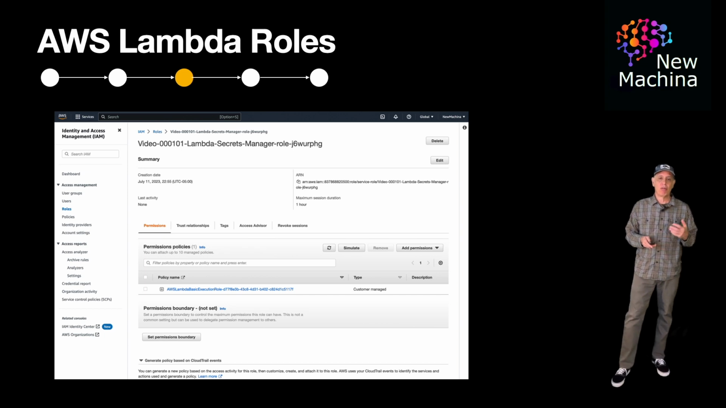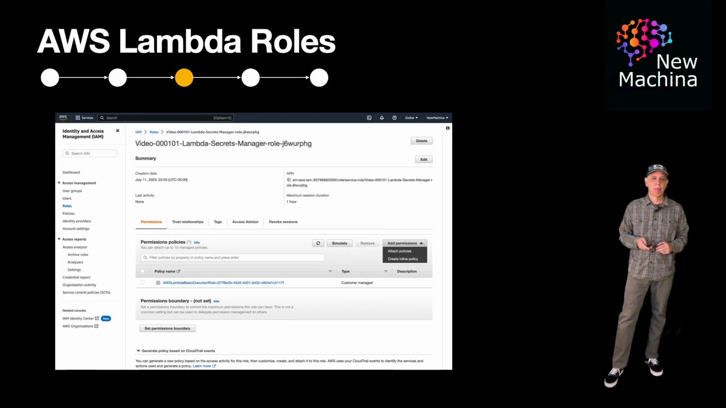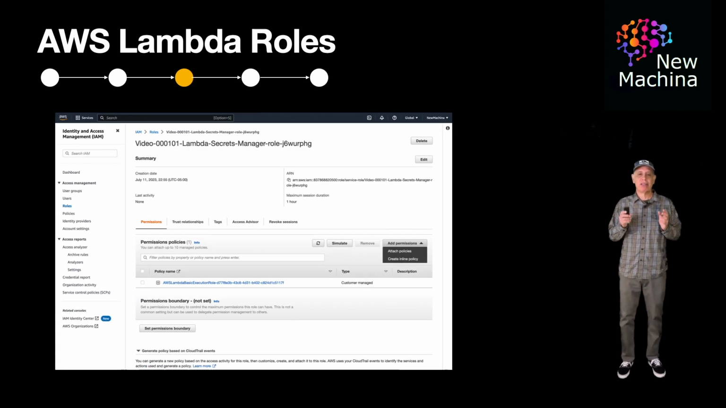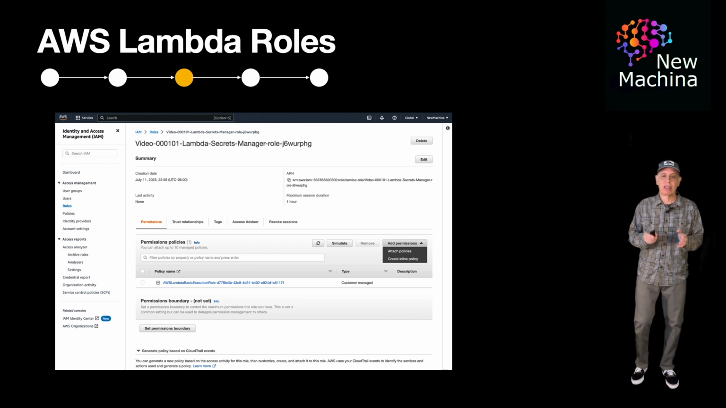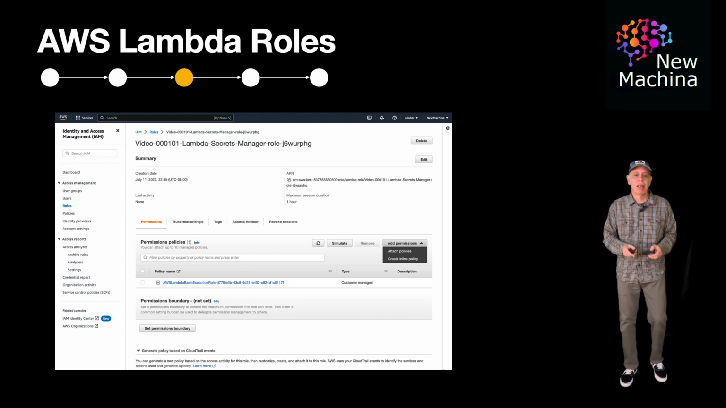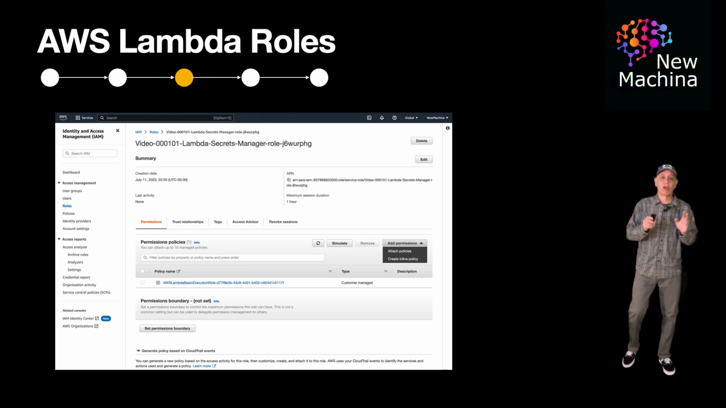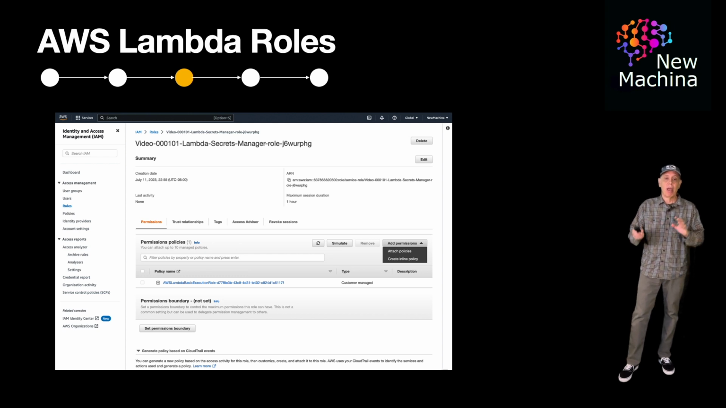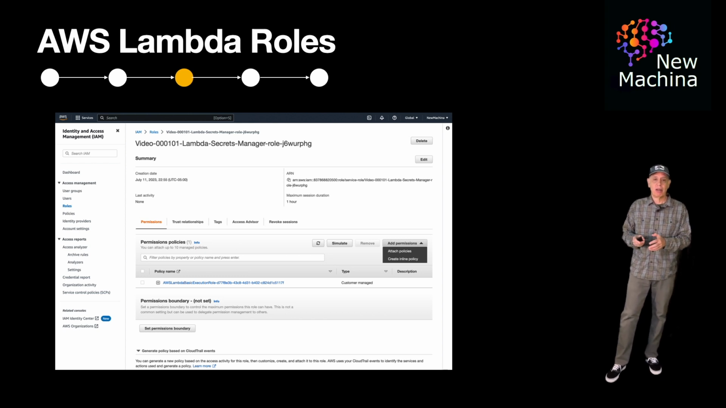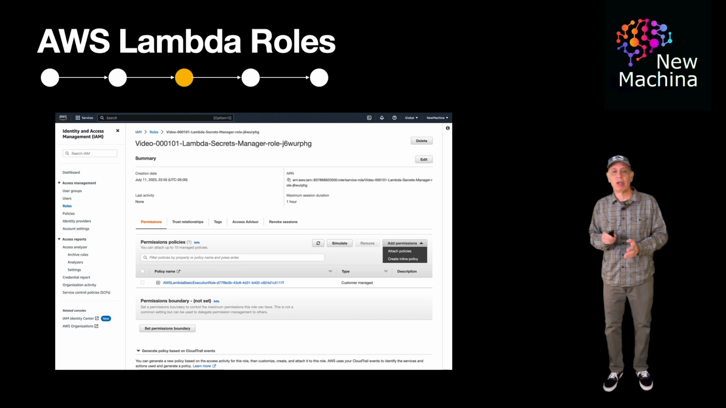Now I see the role configuration homepage. This role, by default, has the AWS Lambda basic execution role policy attached to it. This policy allows the Lambda function to write logs to AWS CloudWatch. These logs are great for debugging and troubleshooting, but we need another policy for reading secrets from AWS Secrets Manager